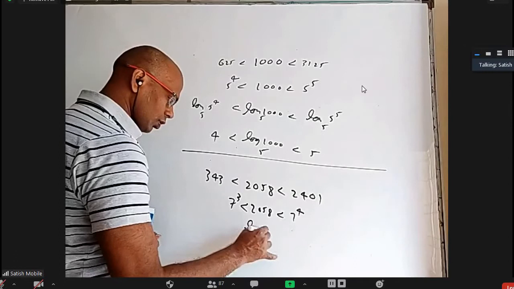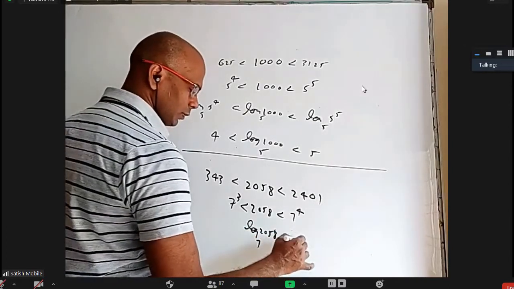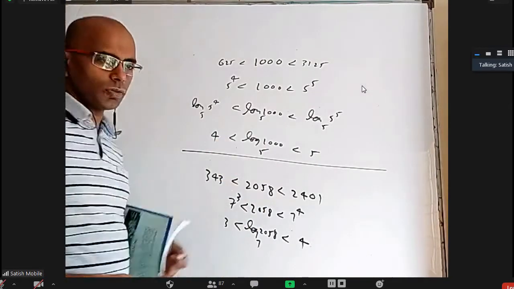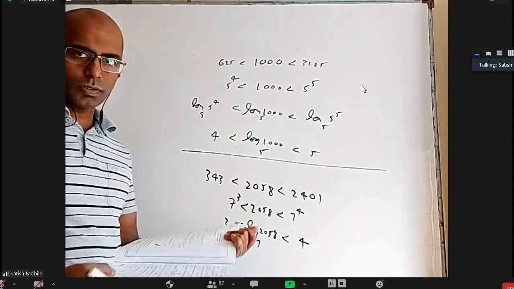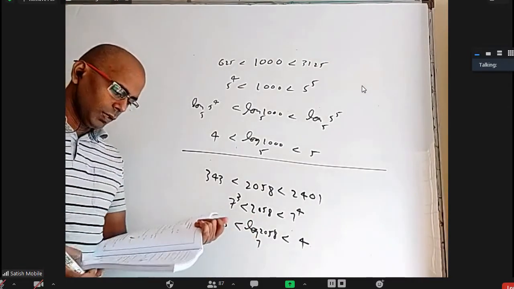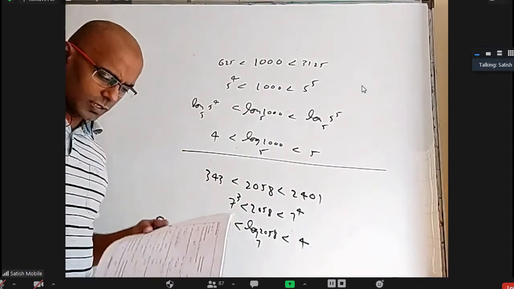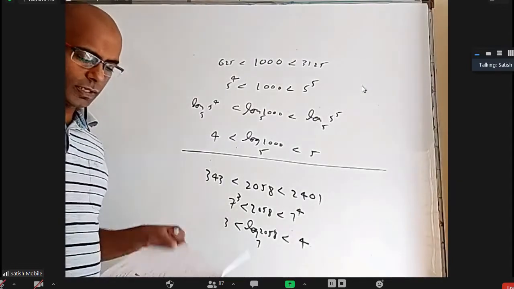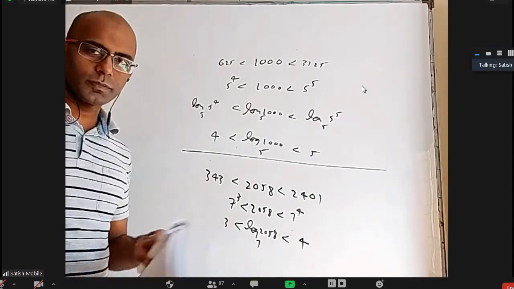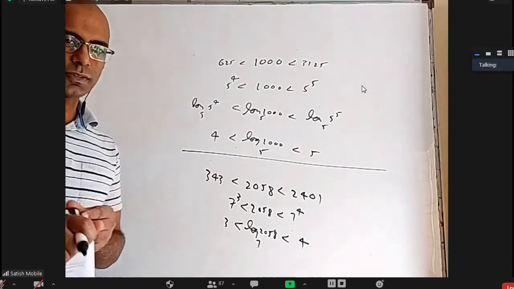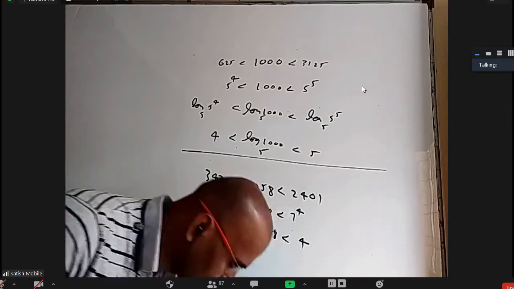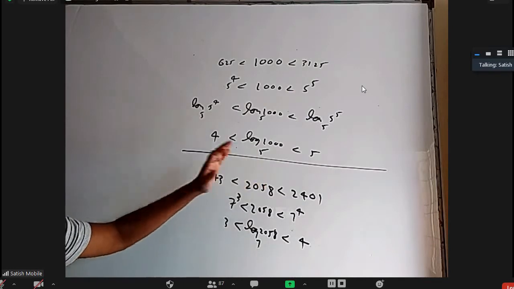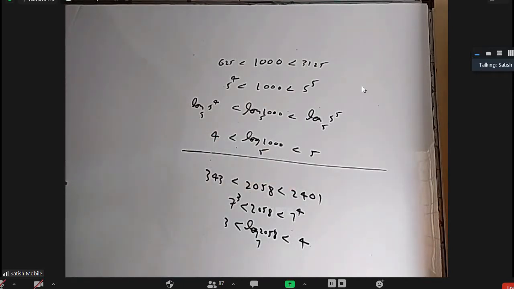When you take log 2058 base 7, it will be between 3 and 4 when you apply log with base 7. So one is between 3 and 4, one is between 4 and 5. Obviously, you can now make out which is greater and which is smaller. Option D, I don't think we can tell easily. At least it may not be true, but difficult to compare because bases are different. But among A, B, C, which is correct, you can easily tell. And among A, B, C, something or other has to be correct. Single answer question. So we cannot find the exact value, but at least we can tell which two integers.